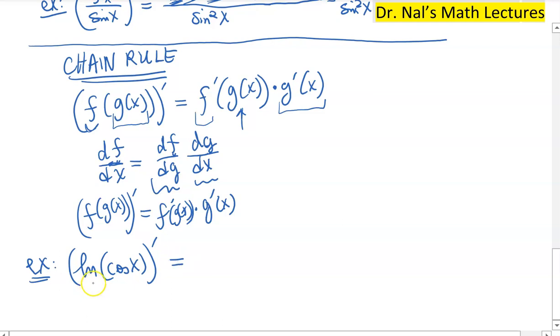It's as if the function outside is the f function, and the inside one is the g function. So the rule says always take the derivative of the inside. So we will need to take the derivative of the inside, and then multiply with what's remaining, ln of just basic,